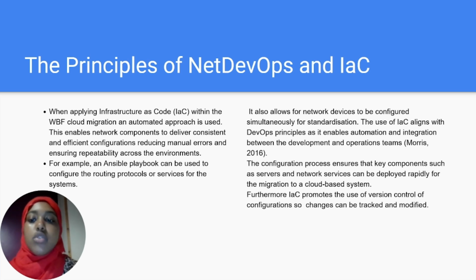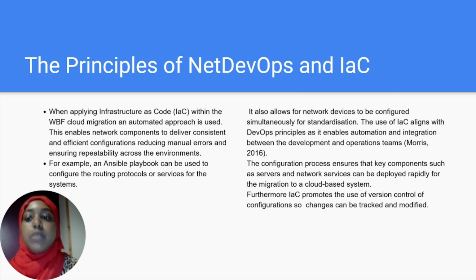When applying infrastructure as code within the WBF cloud migration, an automated approach is used. This enables cloud components to deliver consistent and efficient configurations, reducing manual errors and ensuring repeatability across the environment. For example, an Ansible playbook can be used to configure the routing protocols or services of the system. It also allows for network devices to be configured simultaneously for standardization. The use of IaC aligns with DevOps principles as it enables automation and integration between the development and operation teams. The configuration process ensures that key components such as servers and network services can be deployed rapidly for the migration